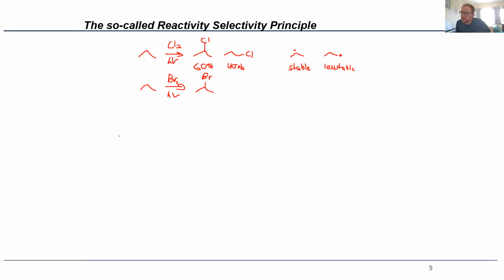This can be explained. So if we think about this as the reaction of chlorine radical with either of these two CH bonds to form this radical or this radical and HCl,